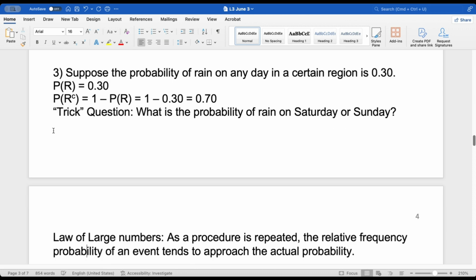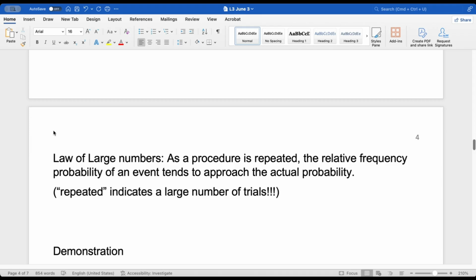But the law of large numbers is something we're going to spend a lot of time on later in the course. For now, we're just going to give the definition. As a procedure is repeated, the relative frequency probability tends to approach the actual probability. Repeated in this context means a tremendous number of trials. So if you're flipping a coin or rolling a die, you're not going to get the classical probability necessarily for a small number of tosses or rolls. But if you were to repeat the process millions of times, you would approach